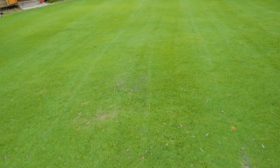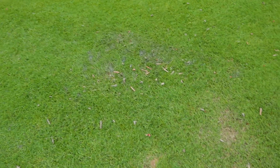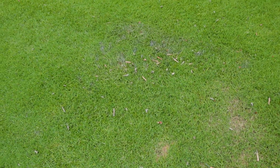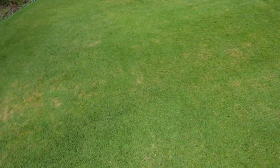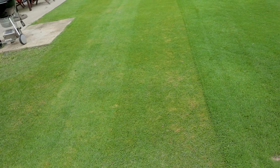Now let's get into the rest of it. I'm going to break out the landscape blade now, do the trimming, then we're going to get it cut with the reel, of course, after I finish cleaning up, because it didn't clean up everything. I have started reel mowing. You can see right through here, yeah, the reel mower, we are showing some signs of scalping. Not too terribly bad. I will go over it at the current height of cut, which is still around that